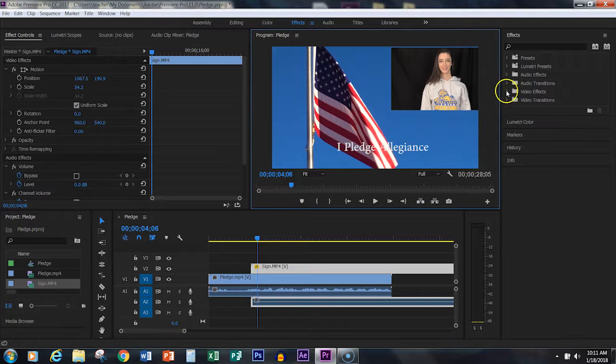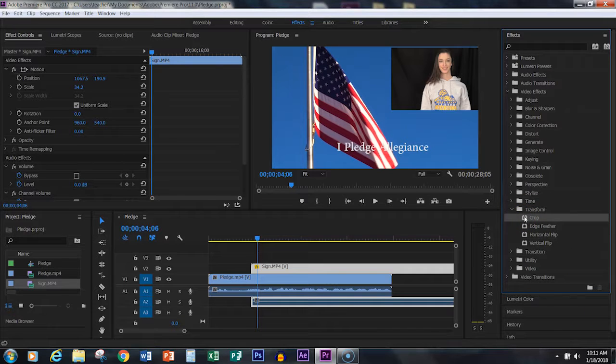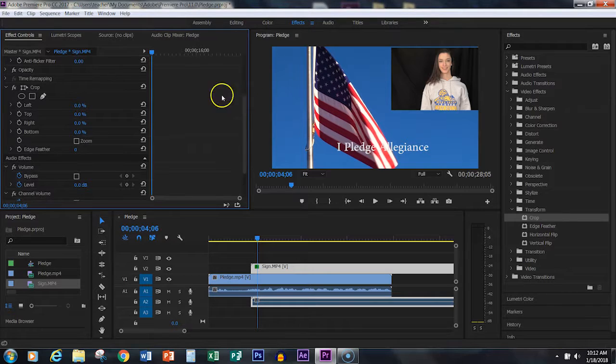So we're going to be using the video effects tool in Transform called Crop. I'm going to crop off the left-hand side and the right-hand side of the video just to clean up the window and make it look a little more presentable. So I'm going to click on the Crop tool, hold down the mouse button, and drop it onto the sign video. You can see in the video controls on the left-hand side, there are our controls for left, top, right,